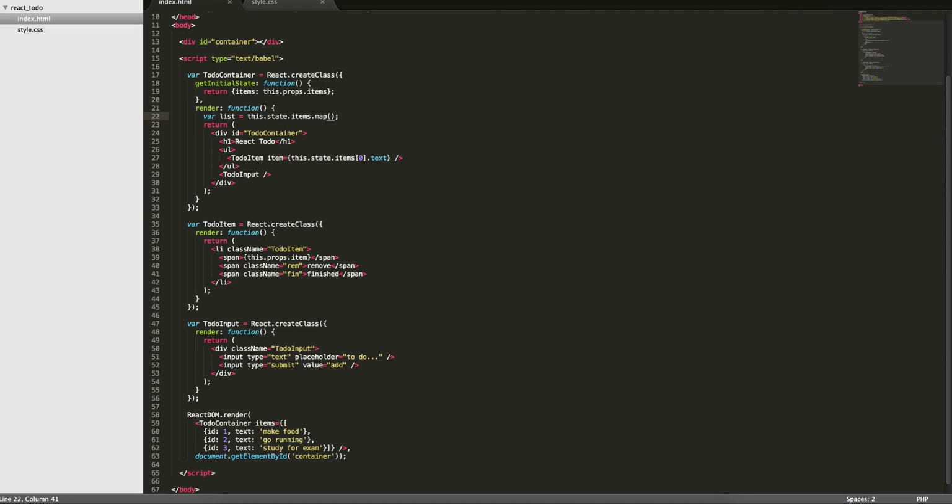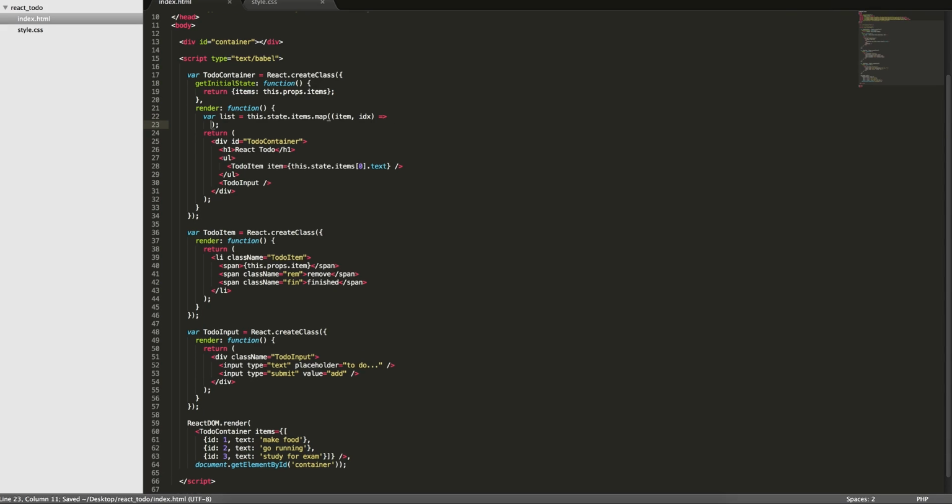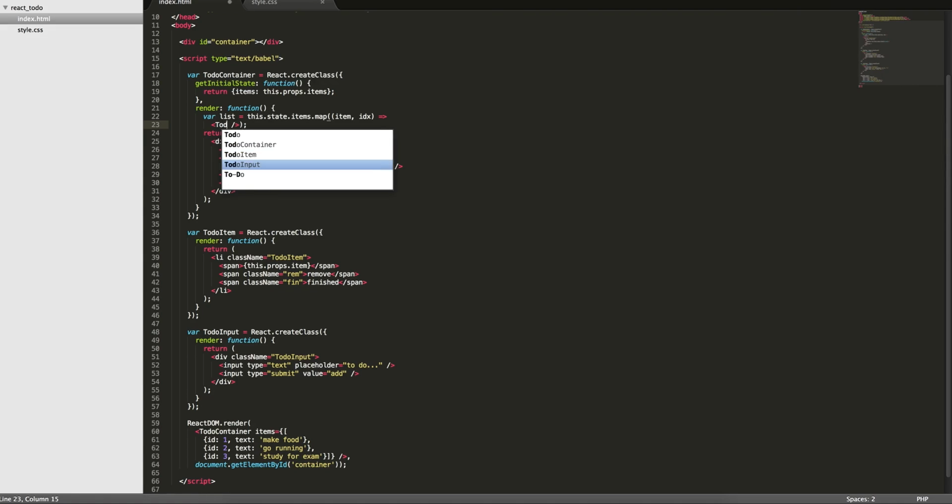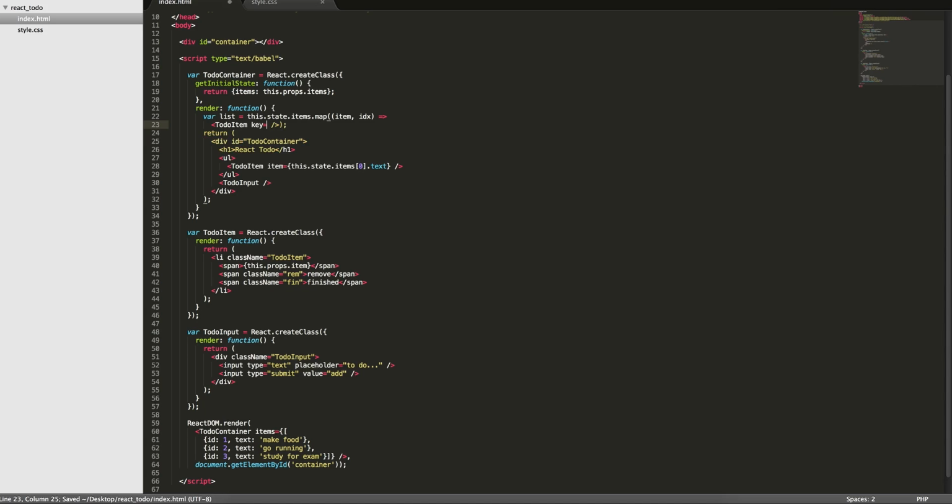And so we'll use some ES6 syntax here. So we'll do item and then the index. And now the list will be a list of ToDoItem components. And we're going to set some properties here. So key will equal